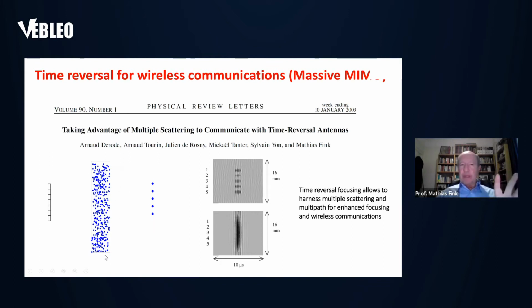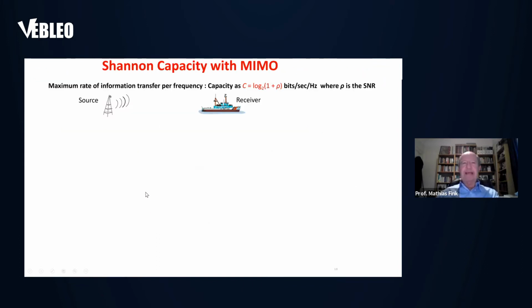When we have the medium, which is here, the communication is very good. There is a very small error rate. But now when you take this out, communication is very bad because what you send here overlaps with what you send here. There is interference between all these. Multiple scattering can be strongly exploited through complex media by using time reversal.